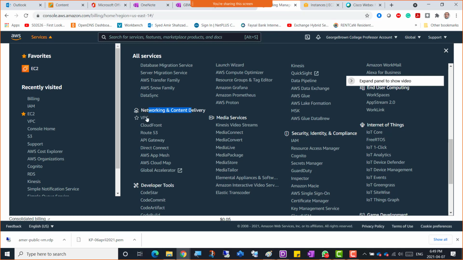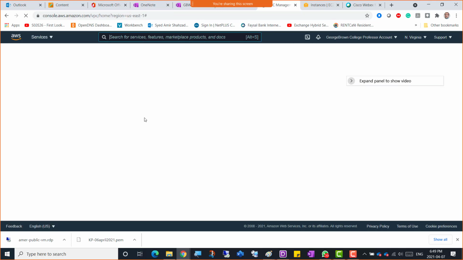So for those who want to follow, otherwise you don't need to follow this, and wherever I say take a screenshot, just take a screenshot of my screen. If you're doing it yourself and you're figuring out some of the errors, then yes, you can take a screenshot of your screen as well. So it's kind of a demo lab today. So I'm going to click the VPC here,